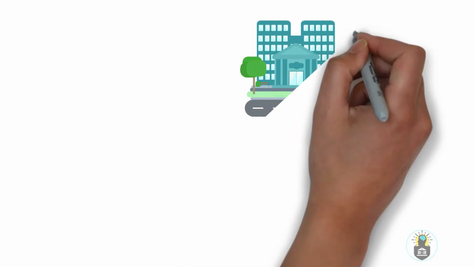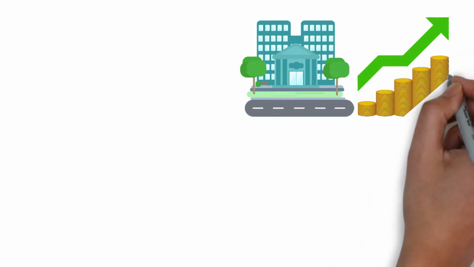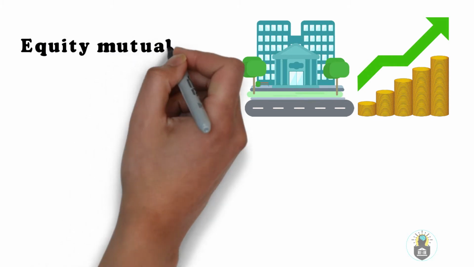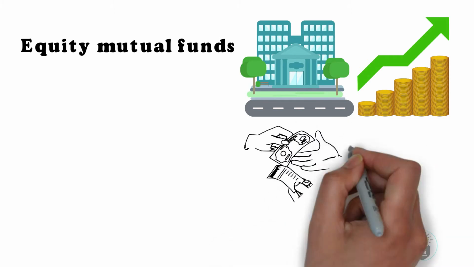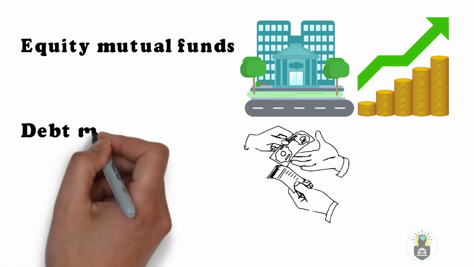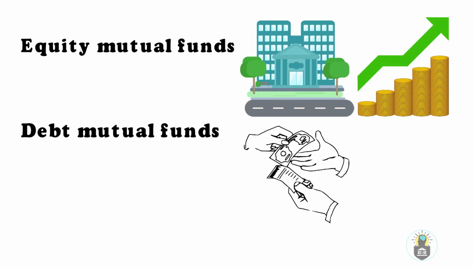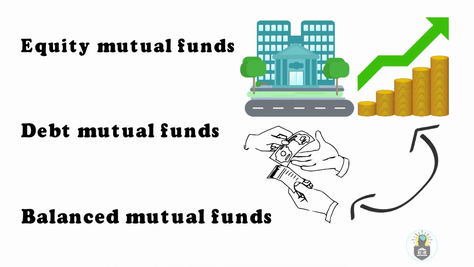As mentioned earlier, in mutual funds, pooled-in money is invested in different types of assets. If the majority of pooled-in money is invested in stocks or equity oriented instruments, then it is called an equity mutual fund. If the money is invested in fixed income instruments such as debts, bonds, commercial papers, corporate bonds, treasury bills, etc., then it is called a debt mutual fund. If the pooled-in money from investors is invested both in equity oriented and fixed income instruments, then it is